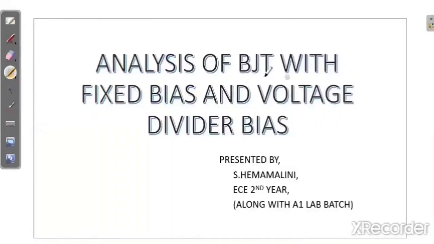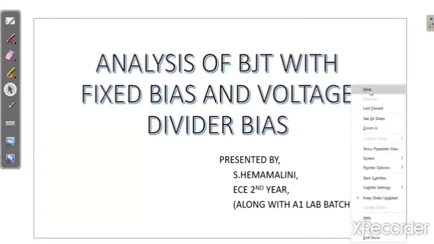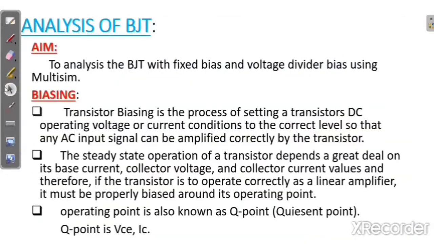Hello everyone. In this video, we are going to see the analysis of BJT with the fixed bias and the voltage divider bias. So we are going to analyze a BJT circuit with these two types of biasing. For that, first we have to see the concept of this. In simple terms, the aim of the experiment is to analyze the BJT with the fixed bias and the voltage